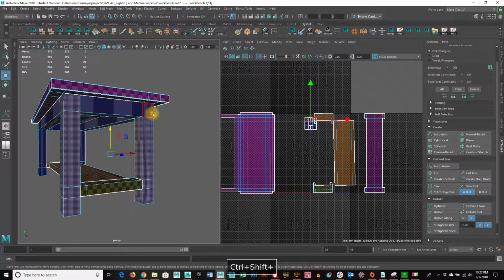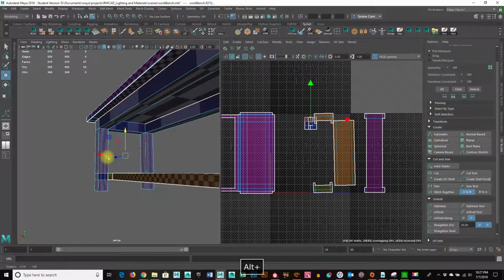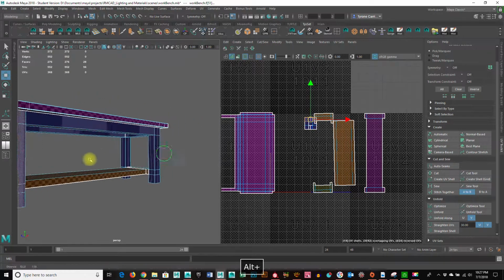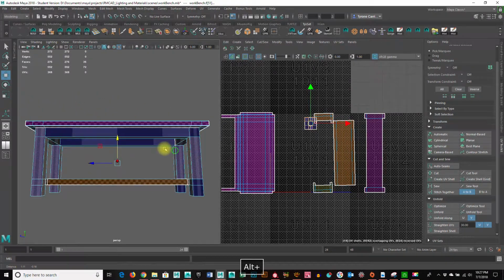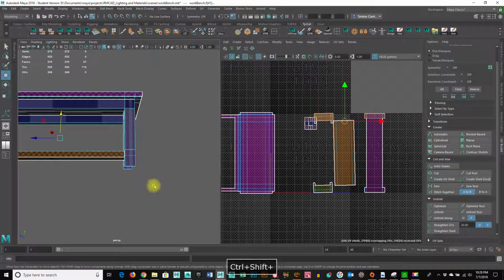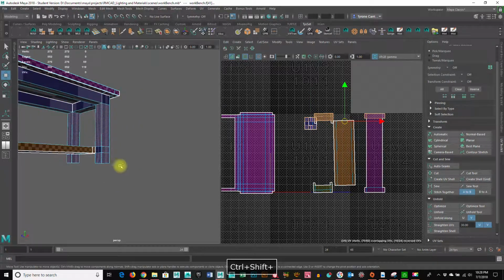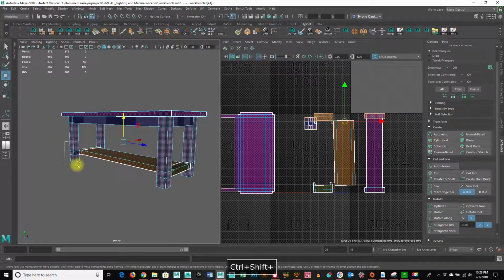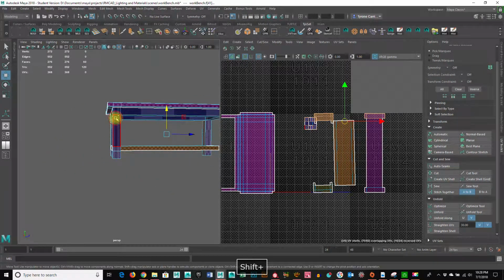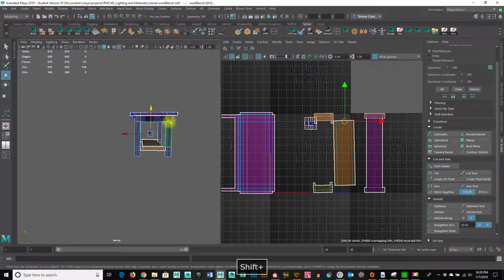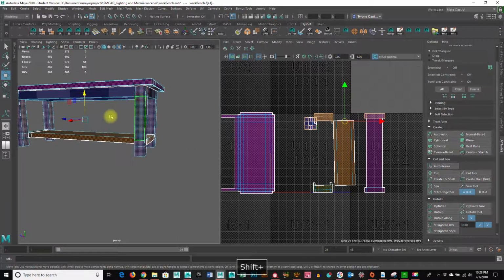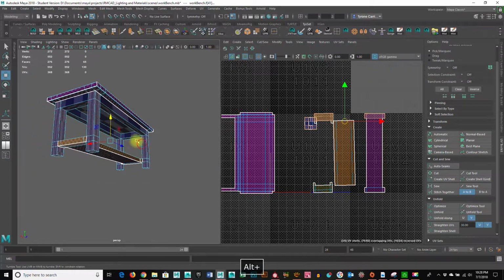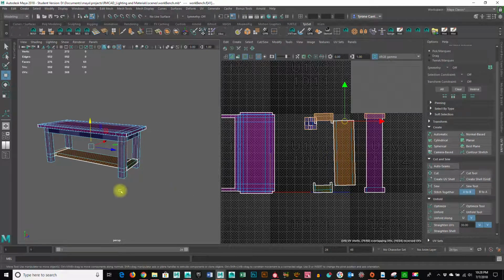Using Control Shift to grab the faces that I want. Either Control Shift or just Shift. I don't want to grab the ones I don't want. Control Shift. I'm just going to do these guys together. Grab you guys. I'll just do all these together. And then that'll leave just those top pieces for the base, and then I'm good. So these,